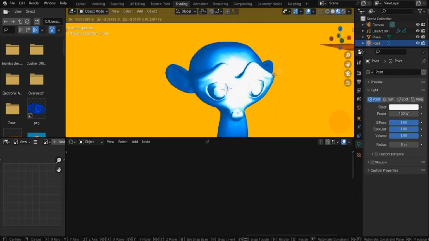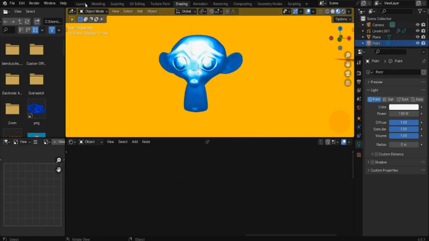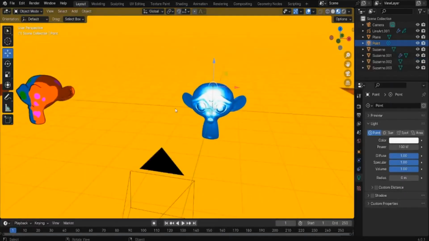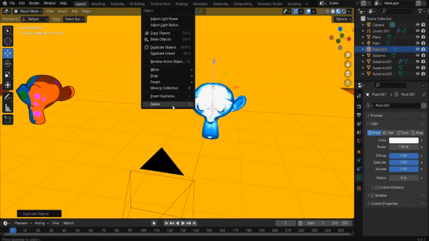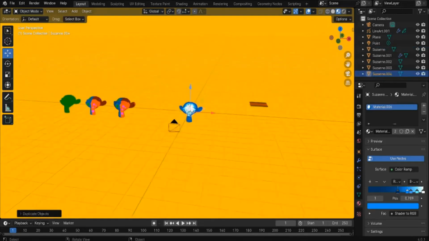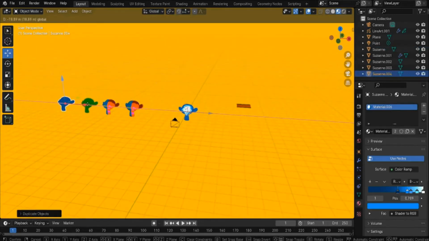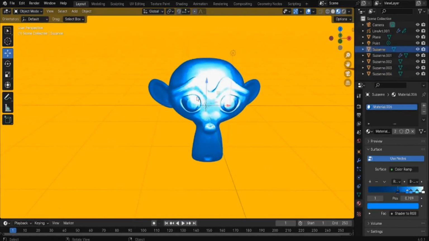And okay, I'm happy with this setup here. So this was just one interesting trick you can use to make your object look like it's painted. And now let me show you one more trick. Let me show you how you can use these textures to make your object look like it's drawn with the